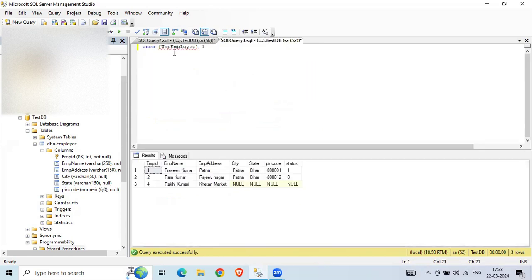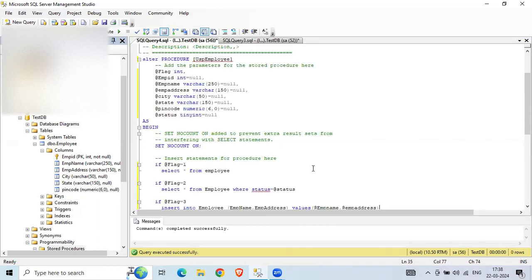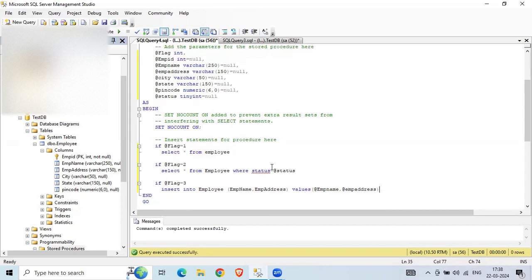So this is how we can execute from the front end. From the front end, we have to pass the name of the stored procedure and the flag value which we want to execute. For 1, it is all. For 2, with the status, comma, @status equals whatever status we pass, accordingly it will return the value. Accordingly, we will have multiple stored procedures within your project, and you can execute those procedures, that is also more